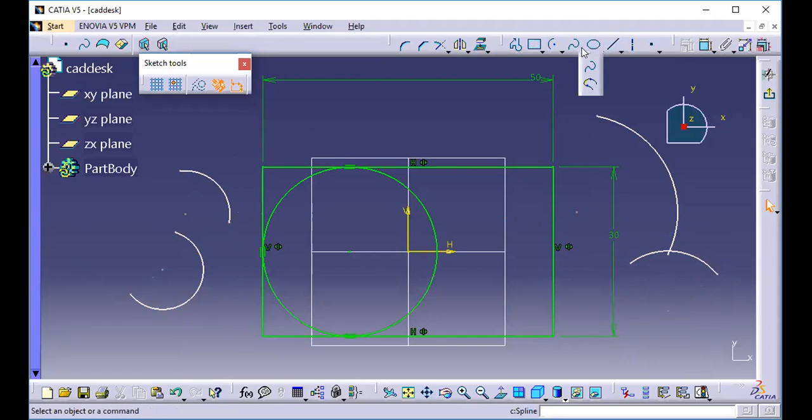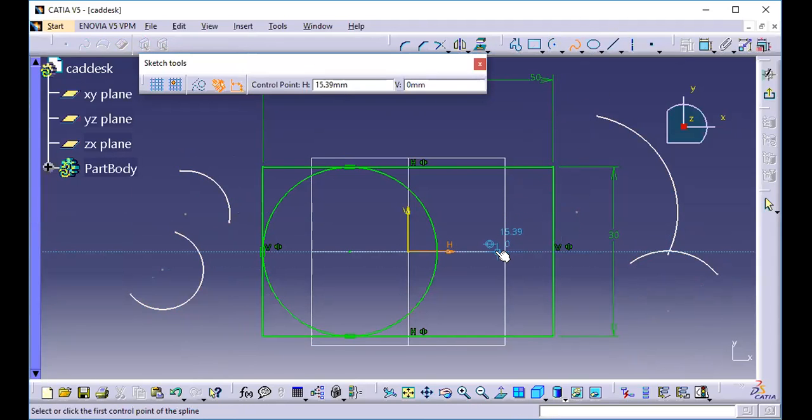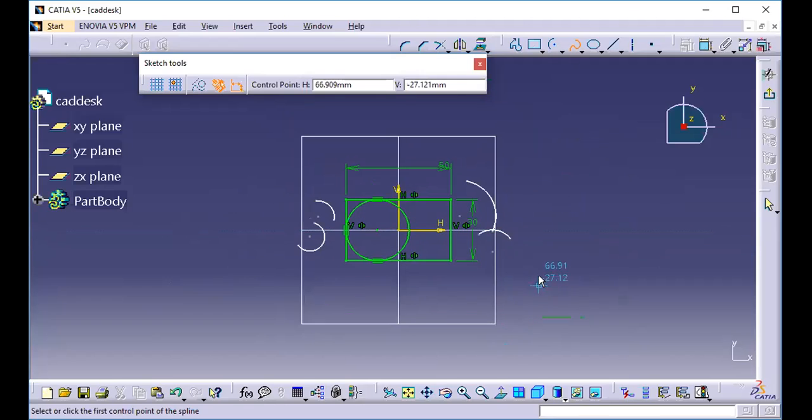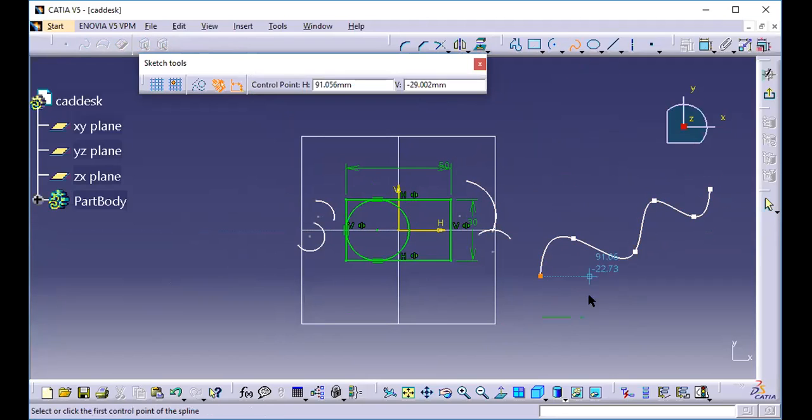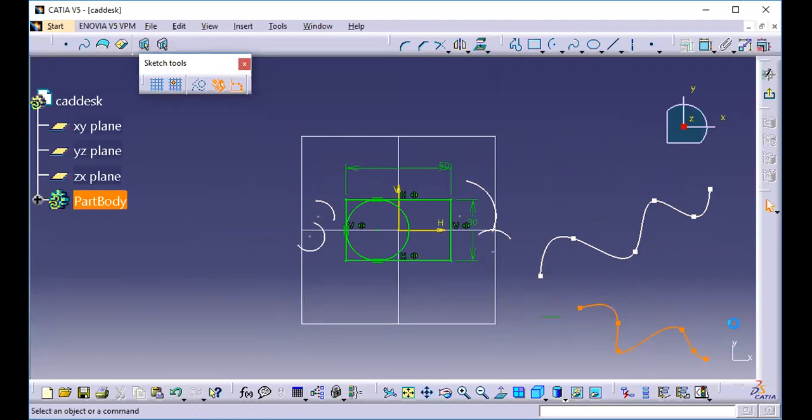Let's come to your splines. So I am creating some splines over here. Like this spline, you can get it by the spline point, spline tools. Even I can create another spline like this. Now these are the controlling nodes. If you click, you will be able to change the shapes. These are the controlling nodes.